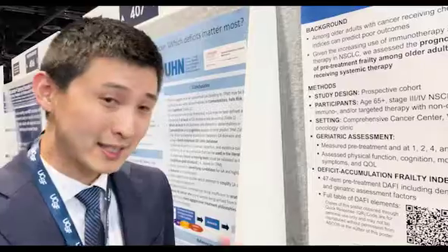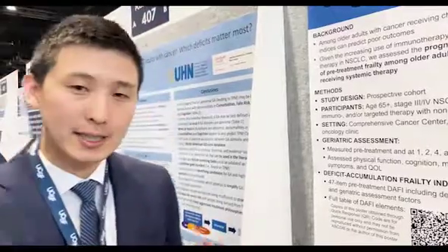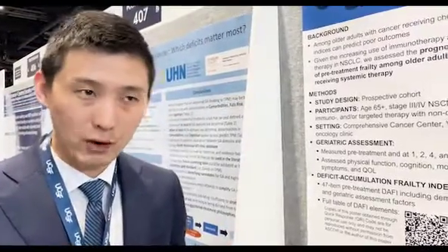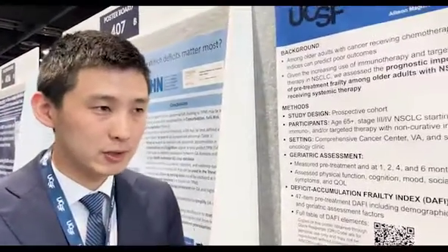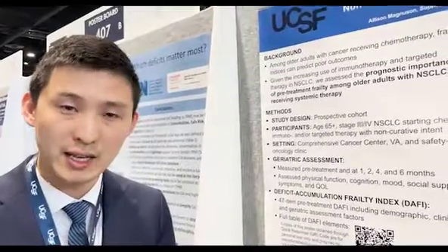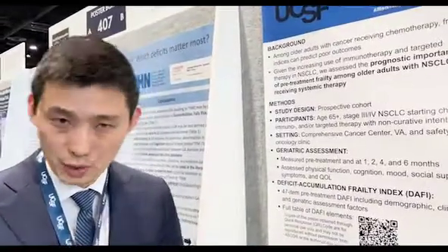Right now, the way that's done in the clinic is really using just a few factors. Clinicians look at things like patient's age, patient's performance status, and really those are the main ways we look right now, and it's kind of an imperfect test. And so what we were doing was trying to ask, is there a way to better quantify or better characterize people's risk factors for declining in this thing we call frailty, and how do we quantify that?